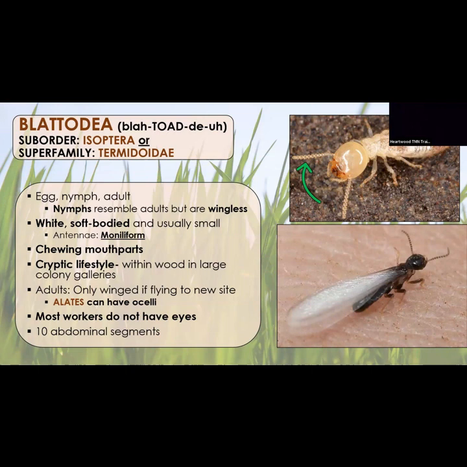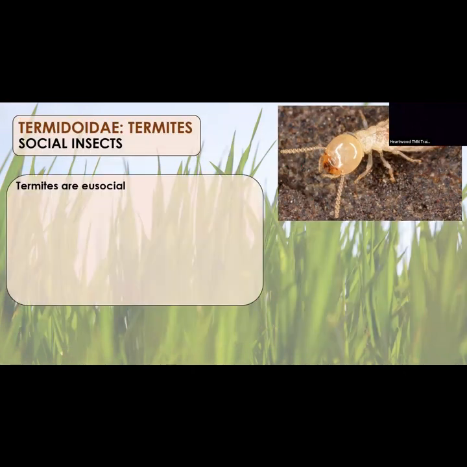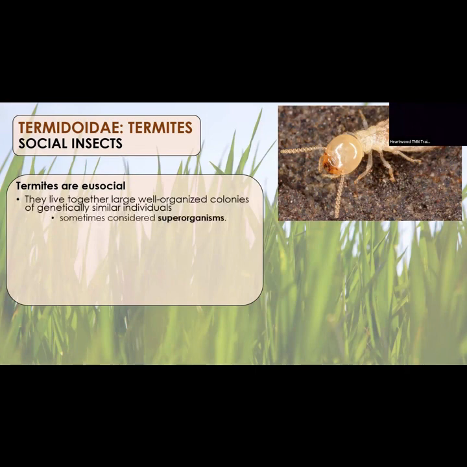So termites will have alates and those have eyes. Most termites, most workers do not have eyes because they're subterranean. They don't need eyes to be in the dirt. The queen has eyes, the workers do not. So speaking of that, termites are one of our first social insects. Everybody always thinks about honeybees or ants. The termites, they're right up there too. And what's really cool about all of those social organisms, 90% female, just to say.